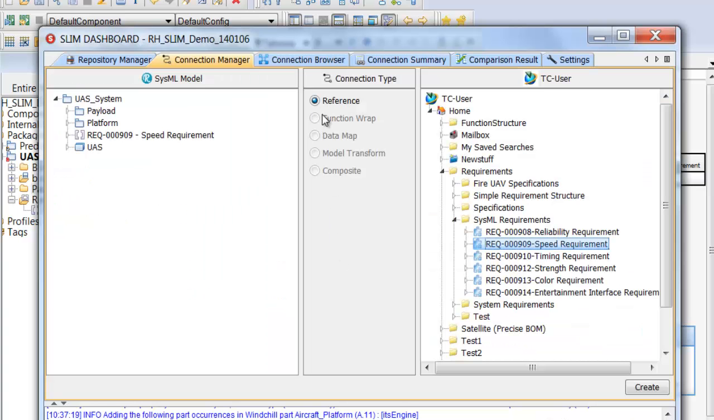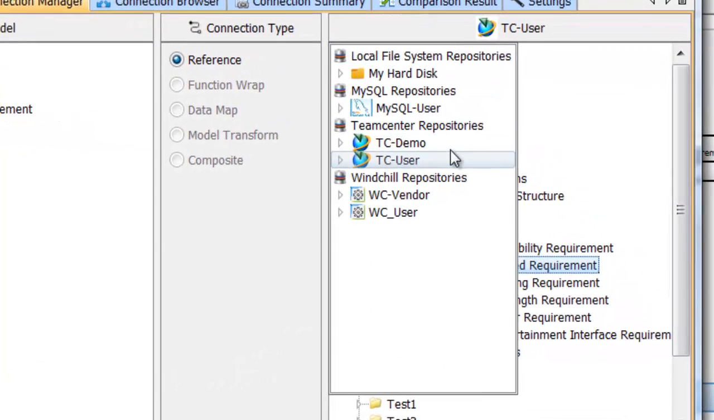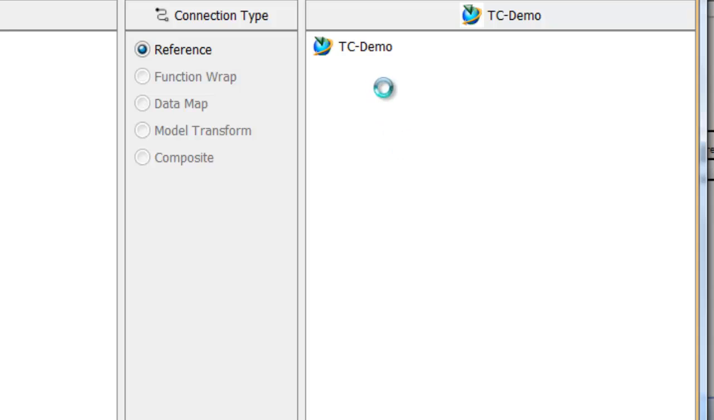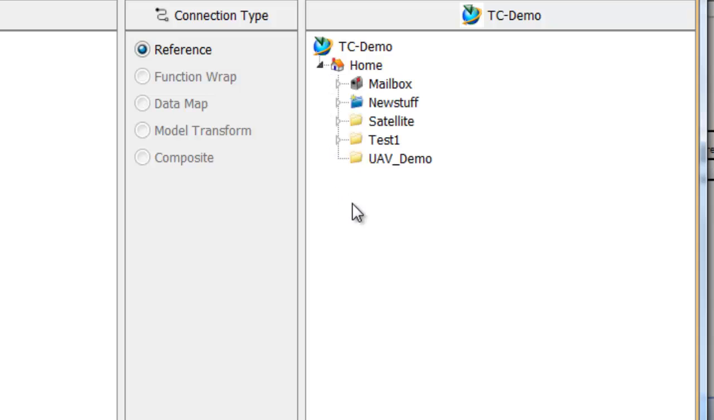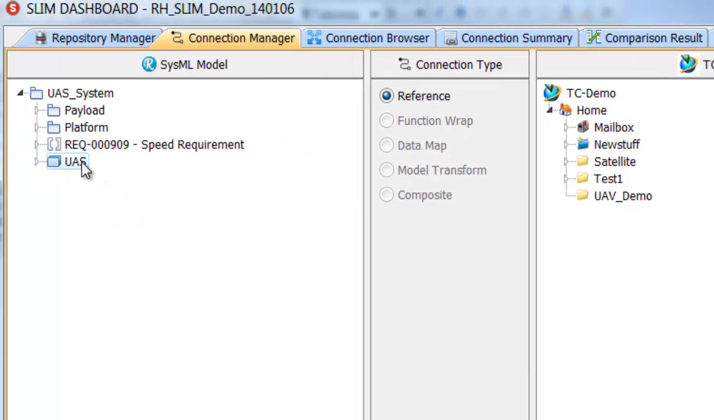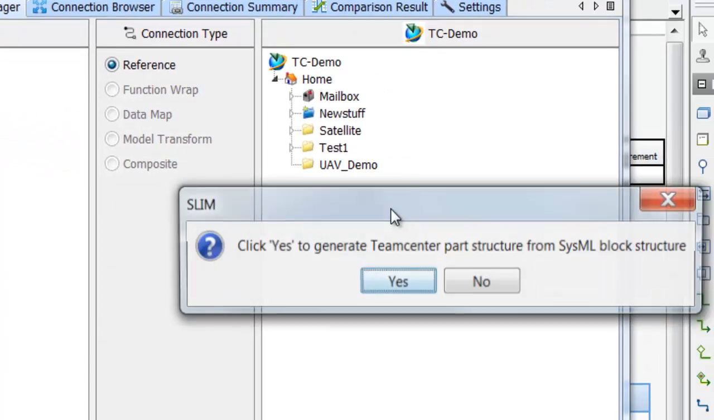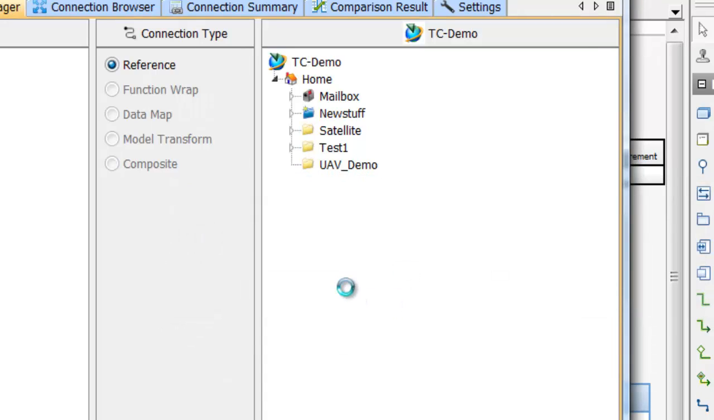We'll go back to the connection manager. We'll go to a different Teamcenter repository, one where, for example, I may have write privileges, and where I've created an empty package called UAV demo. What I'm going to do now is take the UAS block, the top level block that I've created in Rhapsody, and drag that into the UAV demo folder and generate a Teamcenter part structure from the SysML model